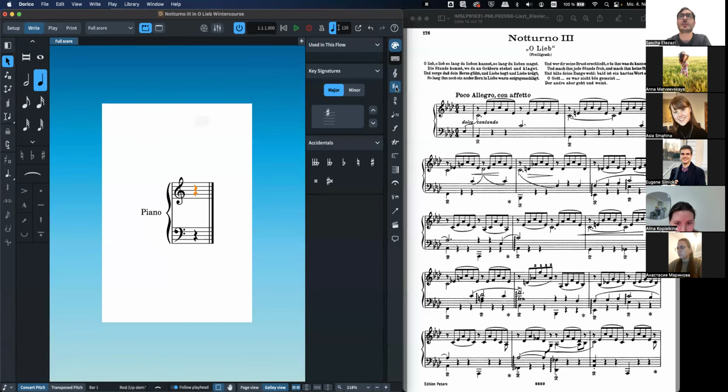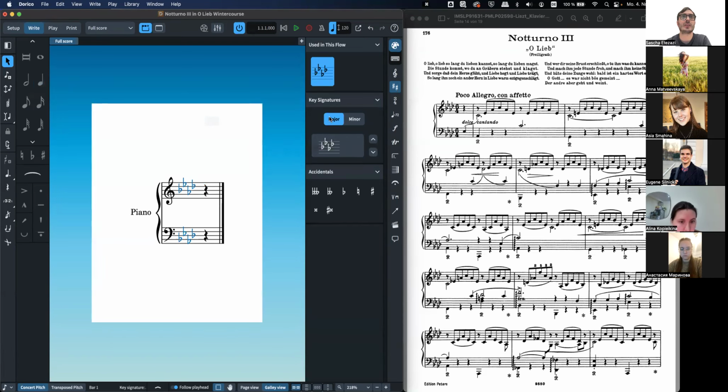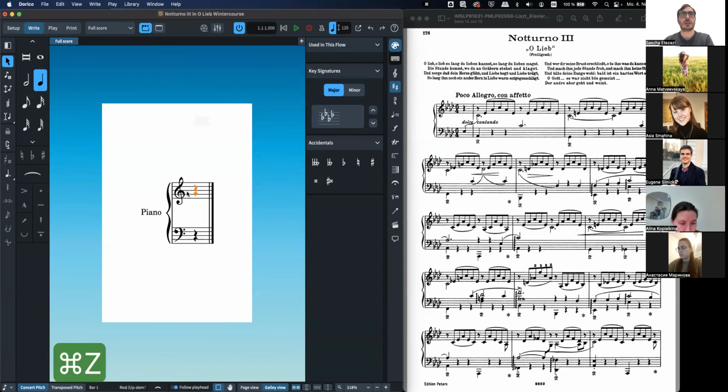And here we have, and this symbol is, the key signatures. Now there's again many ways how we could enter the key signature. We could just, for example, click here until we have our A flat major, and having the rest selected, we just click on it and it will create the key signature for us. Another